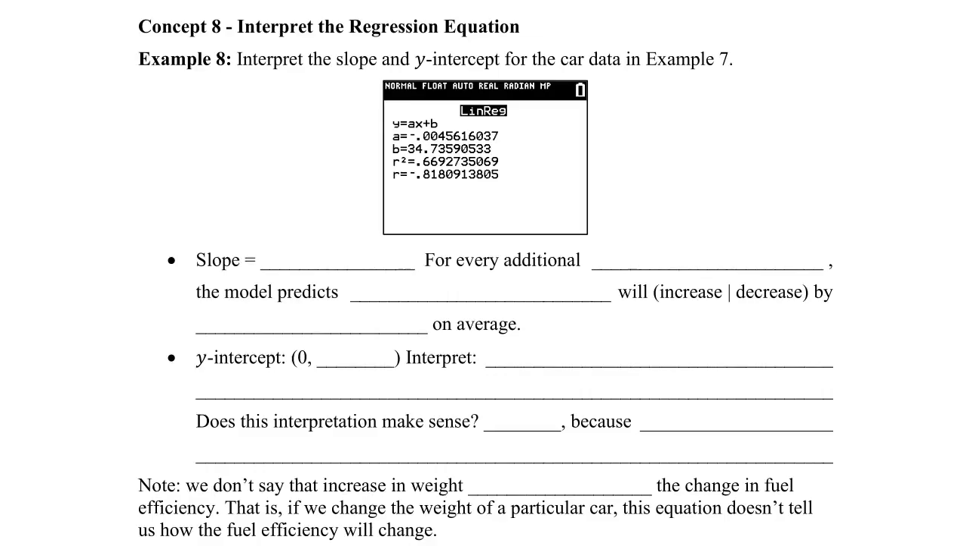Just like we could for exact linear models, we can give interpretations to the slope and intercept of a regression line. However, there are some complexities that come up when we're looking at an approximate relationship. So our slope is the number a from the calculator readout. We rounded that to 4 decimal places. So our slope is negative